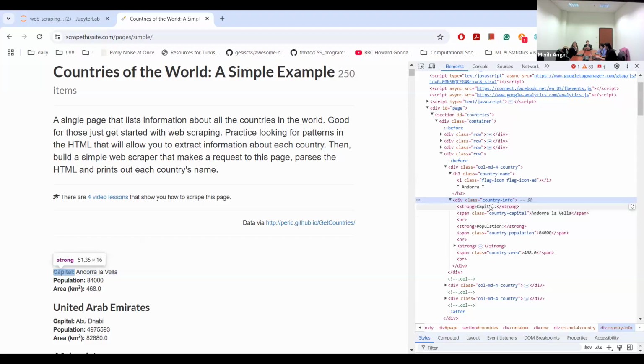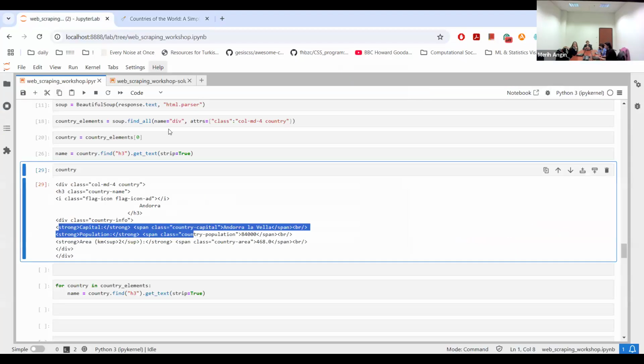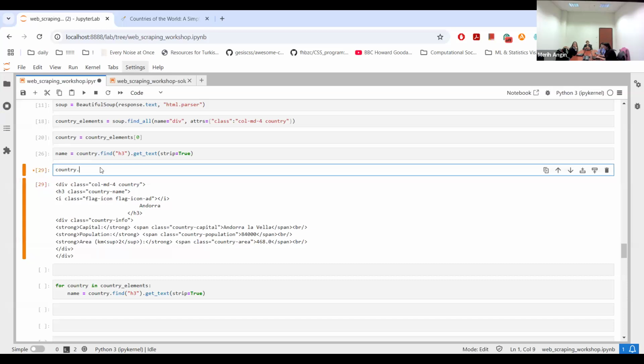I'm not interested in the strong text because the span tag already has the text that I'm looking for, and it also has the class defined, and I can get whatever I'm trying to collect. I'm trying to get the capital, and it is written already in the class here. So what will I do? I will try to